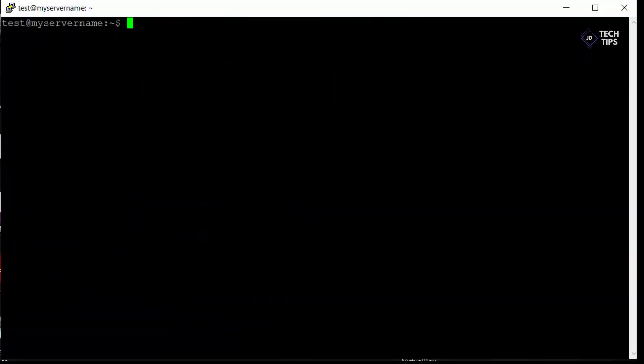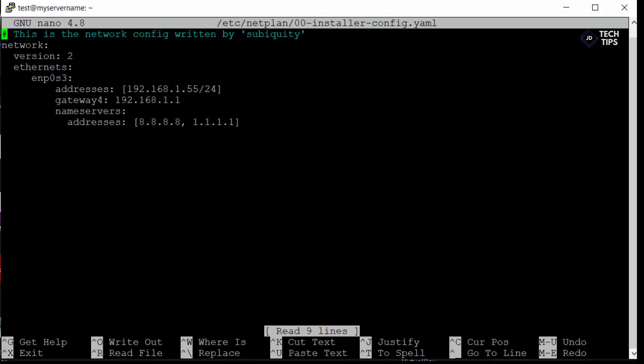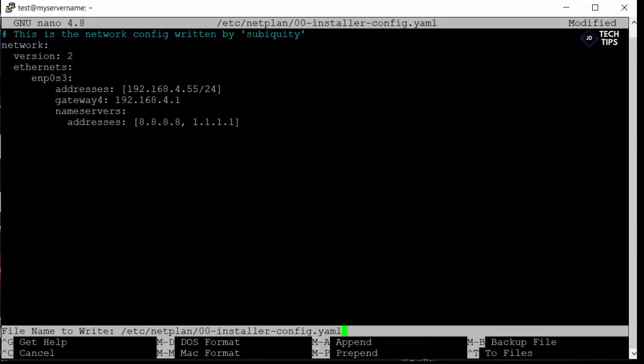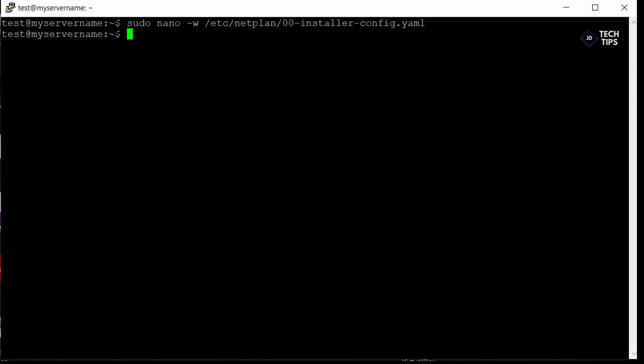So just type clear here quickly. Okay, so first things first, we want to set a static IP on our box using the YAML config file. In Ubuntu 20 and later, they changed the network setup to use a YAML based config file. So we're just going to set 192.168.4, say for example, .55 as our address, and our gateway is 4.1, and we'll just hit apply there, and we'll do a sudo netplan apply. Okay, so once that's done,